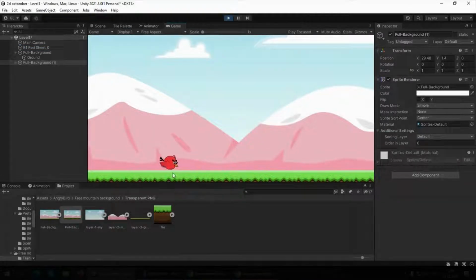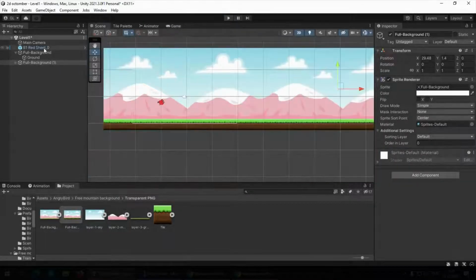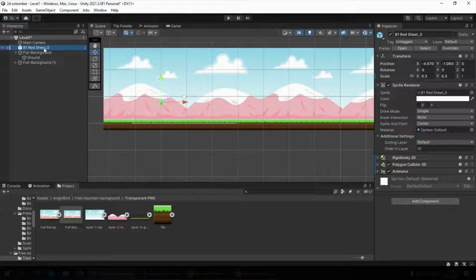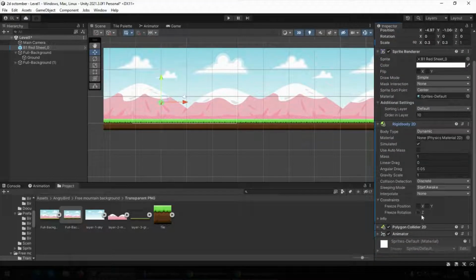And here it is, our bird landed. Now one more thing before we continue. Let's select our bird and let's go into rigid body and freeze rotation on the Z-axis, because otherwise it will have weird movement, a weird rotation, and if we want we can always change it, but for now let's freeze rotation on the Z. Also, as I